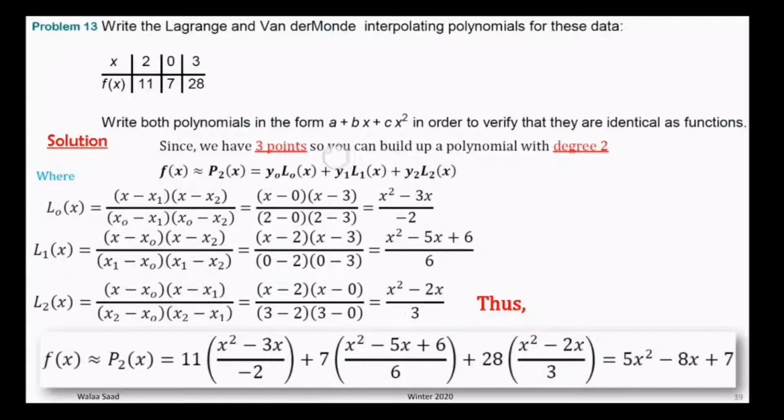Now using the L sub 0, L sub 1, and L sub 2, the Lagrangian functions, and substituting in this interpolation polynomial of Lagrange, we will find that we have the 11, which is y0, multiplied by L0, plus the 7, which is y1, multiplied by L1, plus 28, which is y2, multiplied by L2. Rewrite this form, of course, to be more descent into the 5x squared minus 8x plus 7. That is the Lagrange interpolation second order polynomial versus the